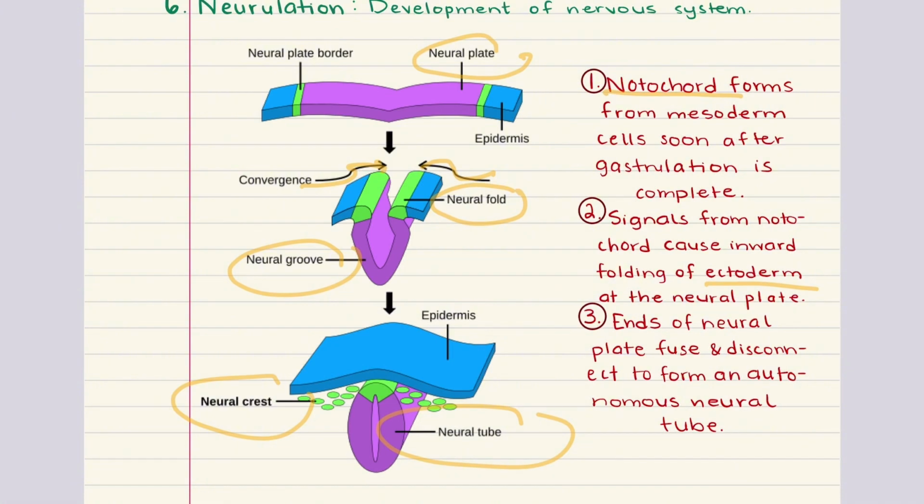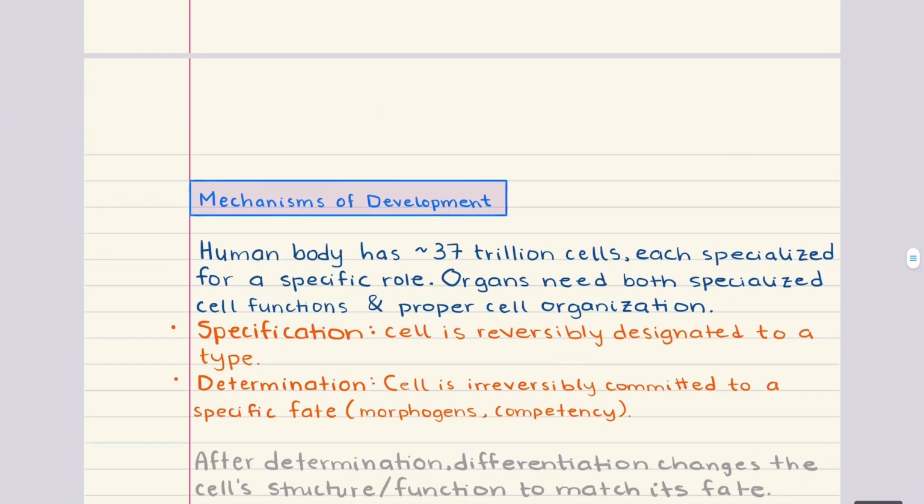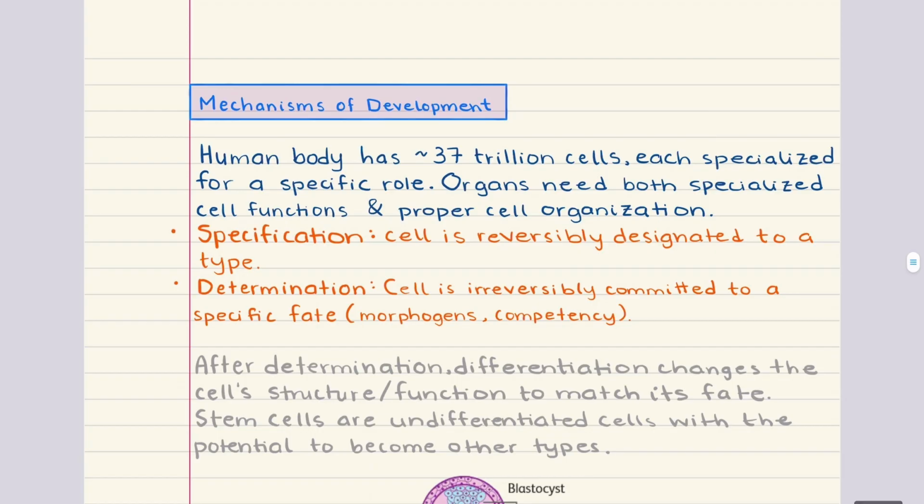the head and neck. Now, one final note here, this stage of development is extremely sensitive to outside influences. Certain substances, known as teratogens, can interfere with these early developmental processes. These include things like alcohol, drugs, certain infections, and even environmental toxins. Exposure to these during early pregnancy can cause some serious birth defects, or in some cases, even lead to the death of the embryo. With that, we've completed Objective 1, and now we can move into Objective 2, which is